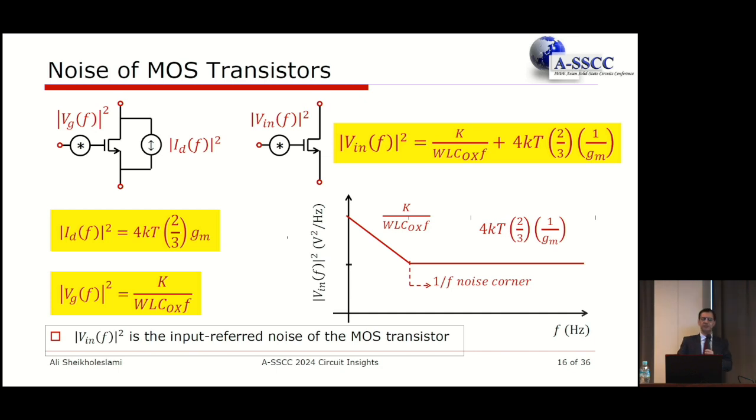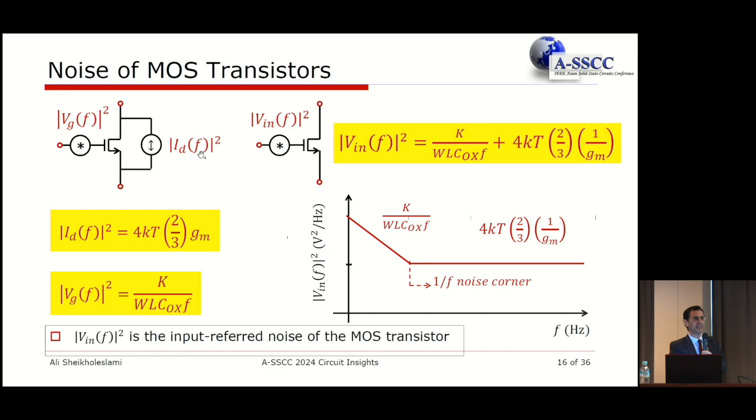What about the noise of transistors? Now this is where we're going beyond the scope of what I could cover potentially in this lecture, but I know that you're curious, so I want to tell you that if you use a transistor, there are two sources of noise inside a transistor. One is related to the thermal movement of electrons in the channel, and that in fact gives rise to this portion, which is called the drain current, I_D, the power spectral density of the current.